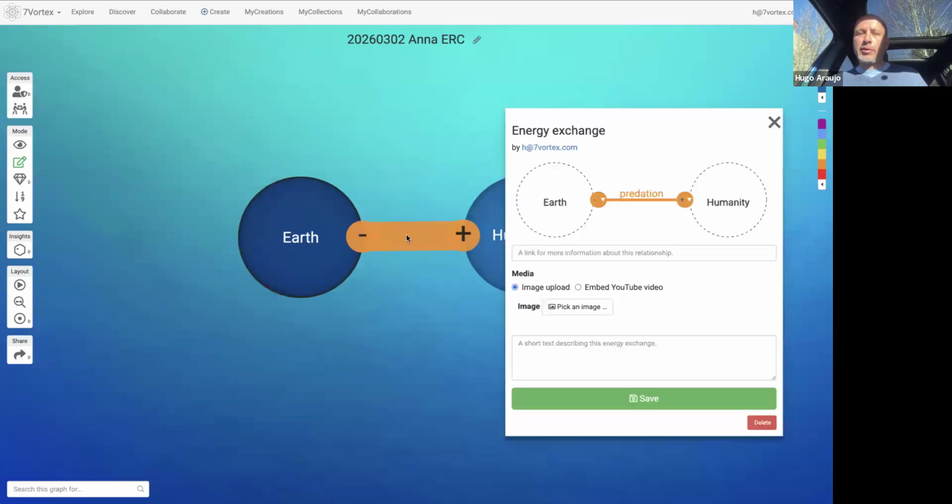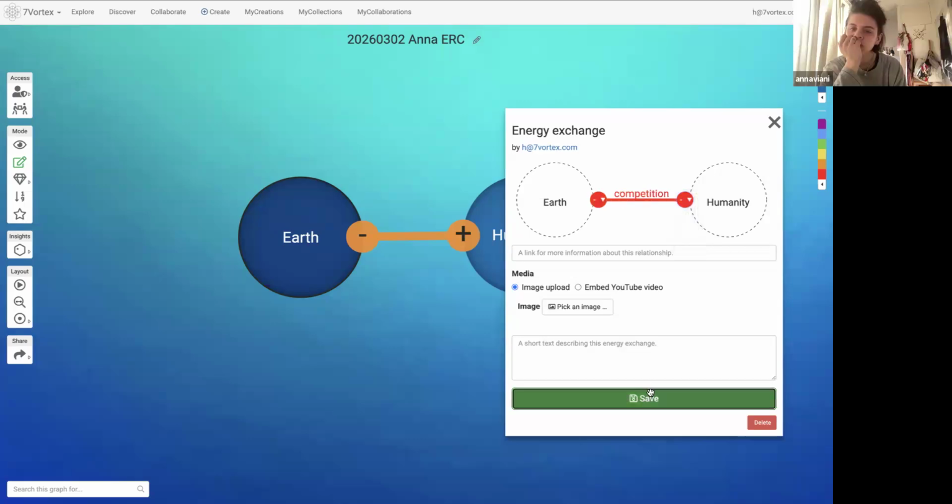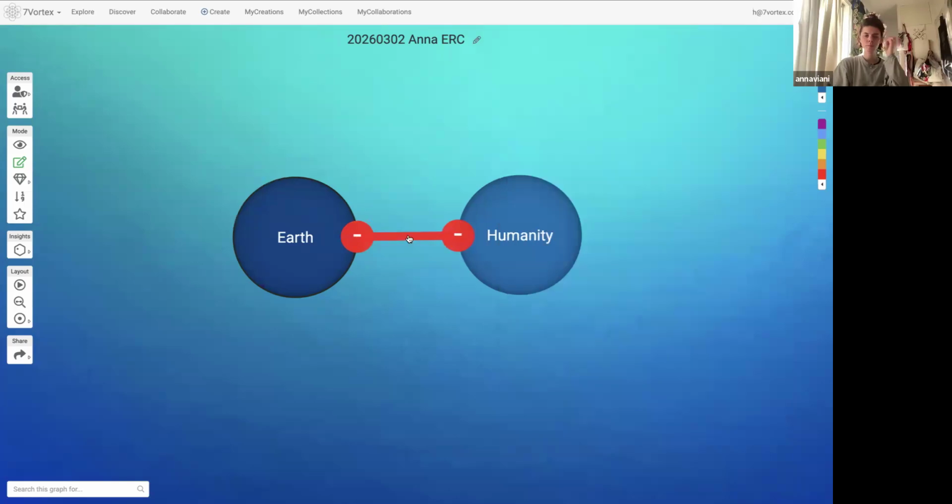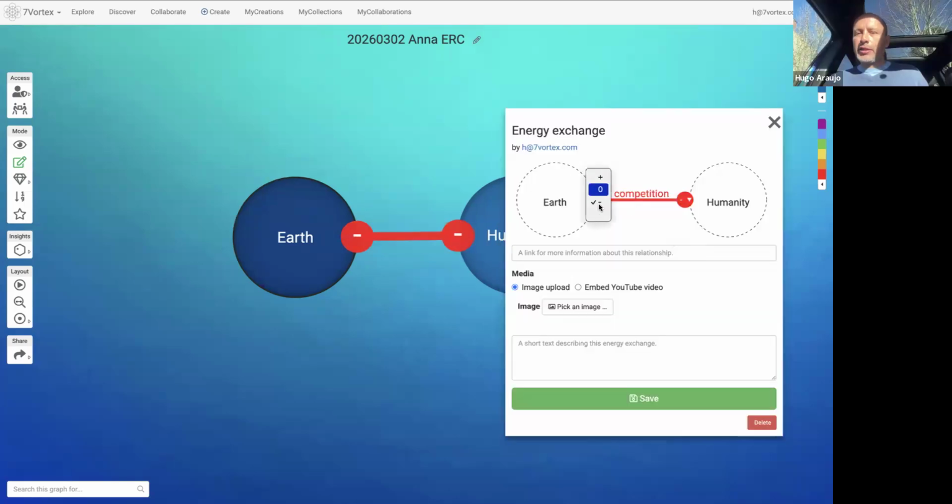But if we start to fight more against nature, and then let's say we go beyond the boundaries, it might look a little bit more like this. So we will be both losing energy, right? Like this is what a fight looks like, a war looks like, right now, what we are doing now. It looks like this, like both are losing, and in the short term they might be winning some money, but in reality we are both losing. So you can change relationships here, and there are three types of combinations, and it's always bi-directional. That is like the second level of complexity.